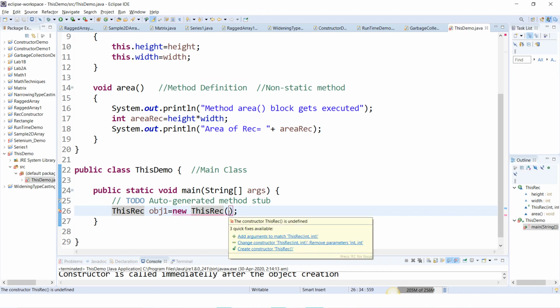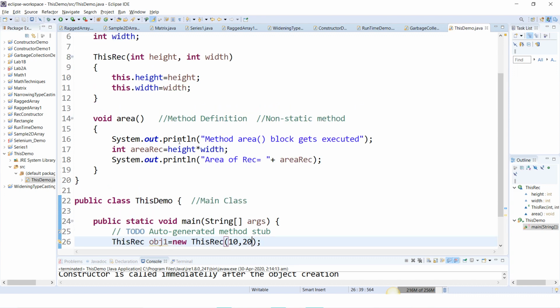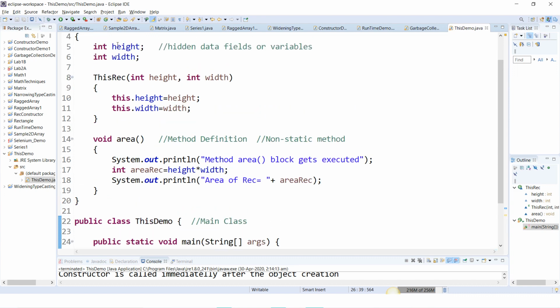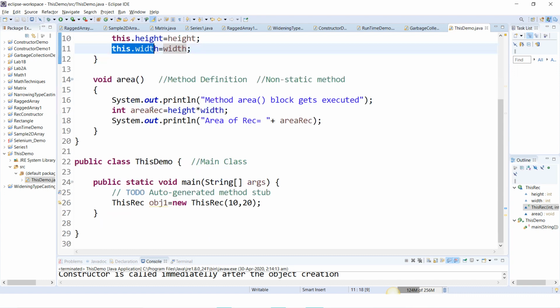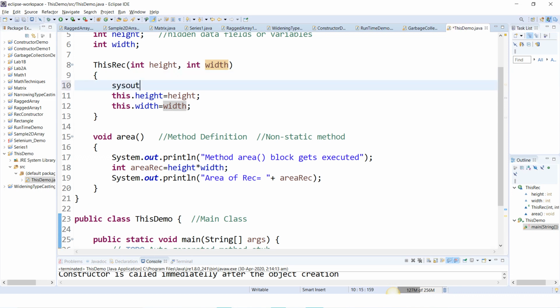So now we have to pass some parameters, 10 comma 20. These 10 and 20 values will be assigned to the variables height and width, this.height and this.width. The 10 will be assigned to this.height, and the 20 to this.width. After this, let us call the method. First the constructor block gets executed. This is called a parameterized constructor.